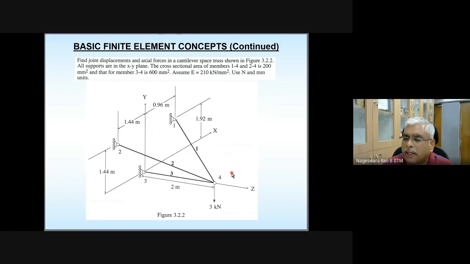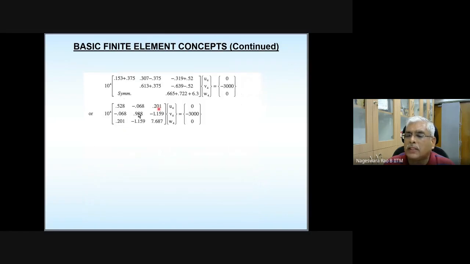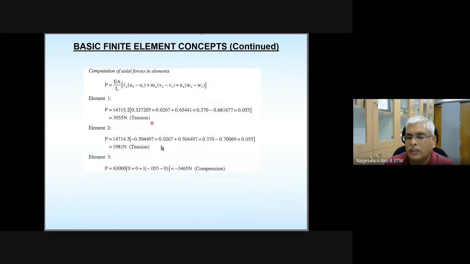Finally, the reduced equation system that you get for even this 3D trusses is going to be 3 by 3. Finally, you are going to get 3 by 3 equation system. And you need to solve the displacements at the common node and then get the element forces, element strains, element stresses, and element forces. Once you get the forces, you just see whether they are going to make sense or not.